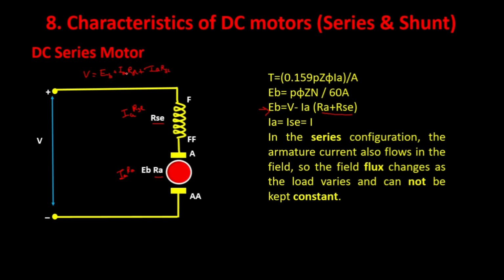Now if I see this, you find I can take out Ia common from the formula. So here what it is done. Okay, Ia is taken out to be common and Ra plus Rsc remains. And here you find Ia is equal to Isc is equal to I. That means if the current I is flowing over here, this is further going to be circulated over here, that is this is Isc if I say, because it is going through the Rsc. And if I talk about this current, I can call it as Ia current. So all these three currents are the same. Okay, so I can say that I is equal to Isc is equal to Ia.